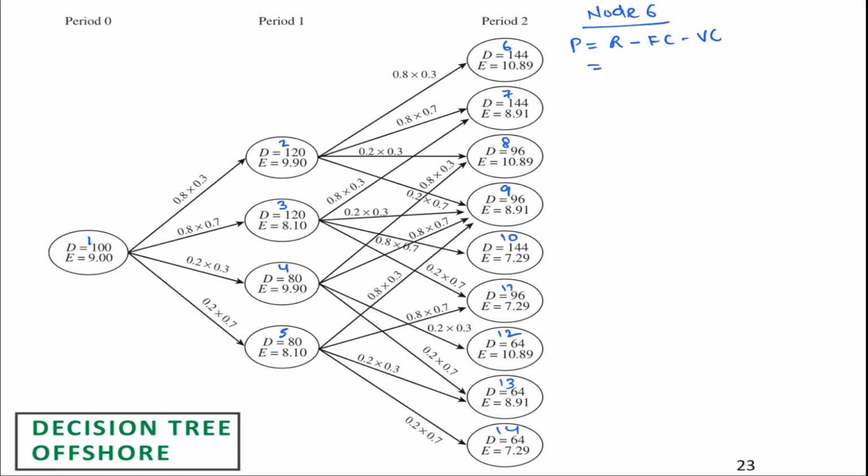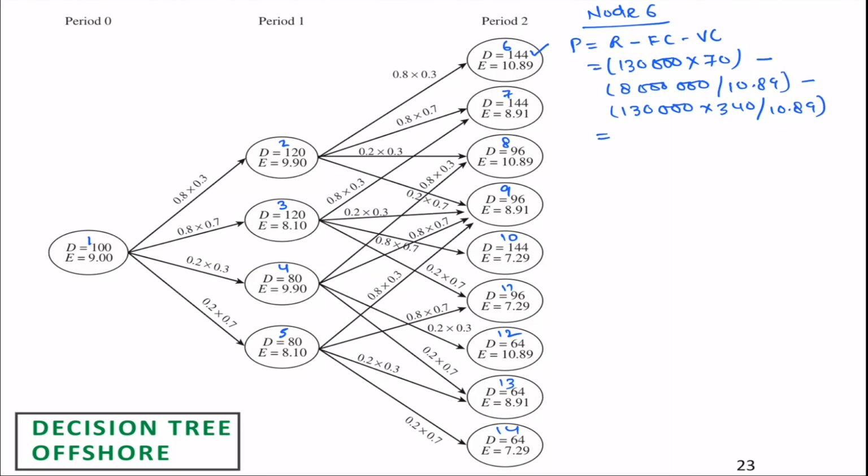One thing to remember here is, even though demand is for 144,000 panels, at this plant the maximum we can make is 130,000. So revenue is going to be 130,000 times 70, minus fixed cost 8 million yuan, and we divide this by 10.89 to convert to euros, and similarly variable cost will be 130,000 times 340 over 10.89. So in terms of euros we get